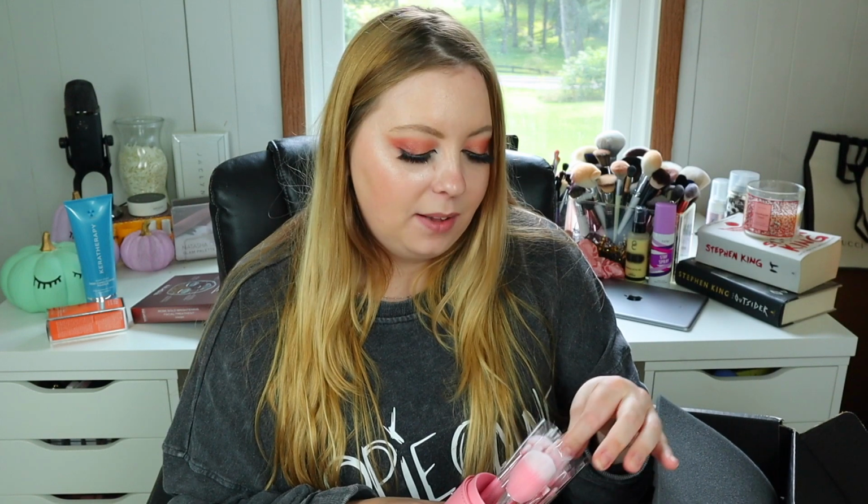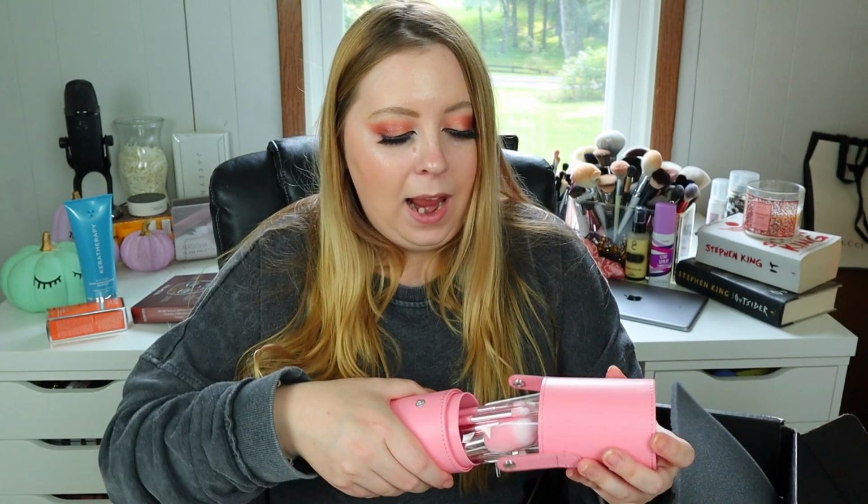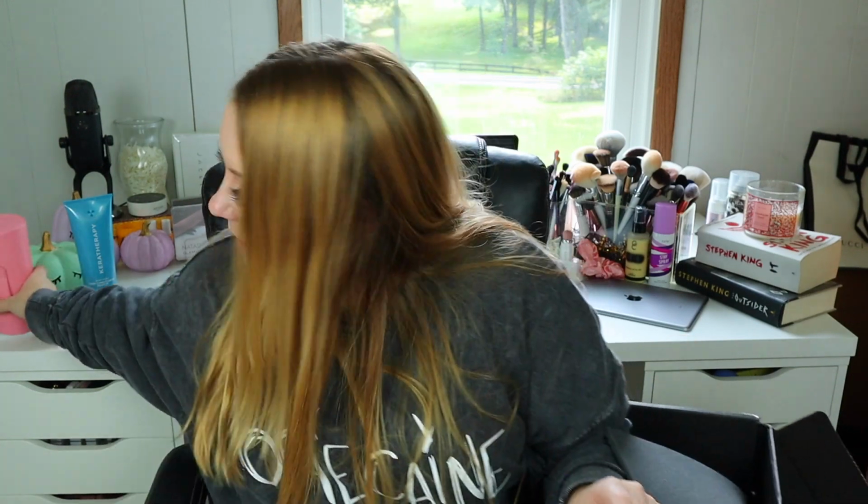Oh, and these brushes are soft. Like, do I need more brushes? No, but am I going to use these and be really excited about them? Absolutely. So I am very, very excited about this. Yes, yes, yes. Okay, next up from Fenty, which I know we all got this from Fenty, just in a